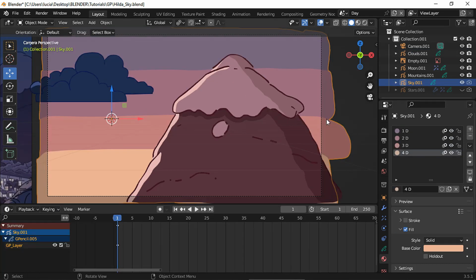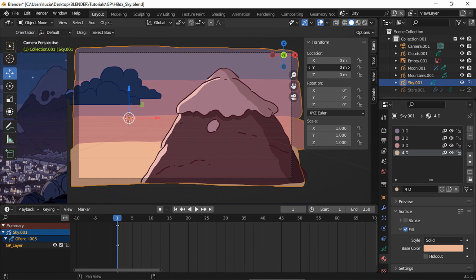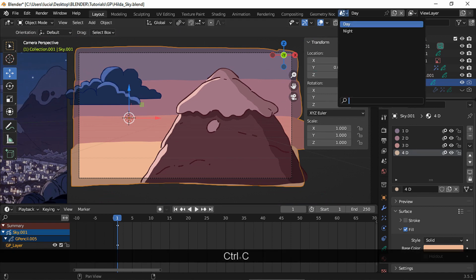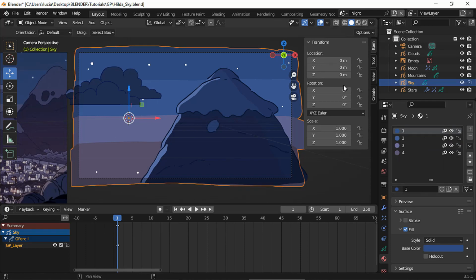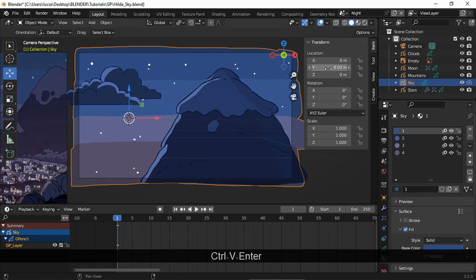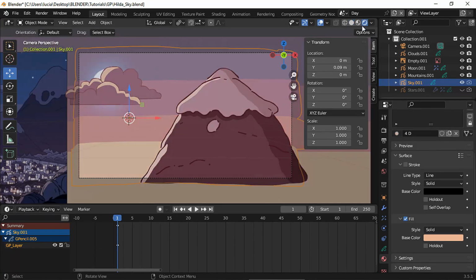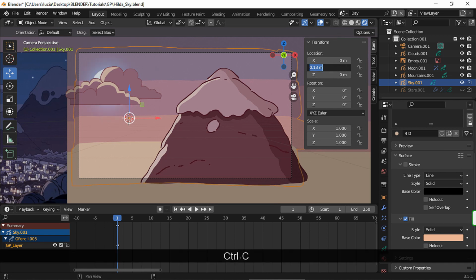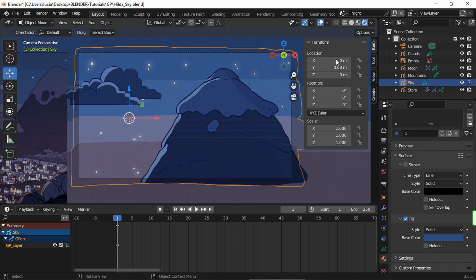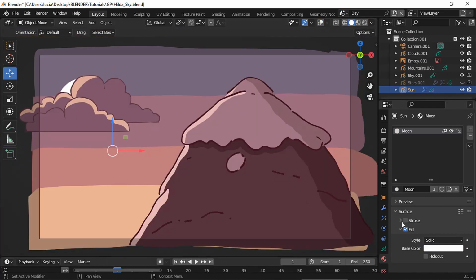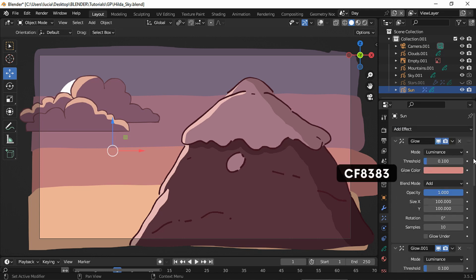I moved the grease pencil sky in both scenes. And after moving the sky, I had to move the sun and the moon in both scenes. And to turn the moon into a sun, I kept the same material, but I changed the glow's colors.